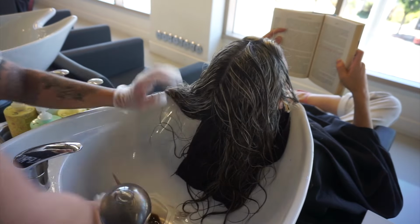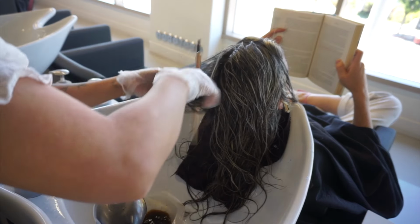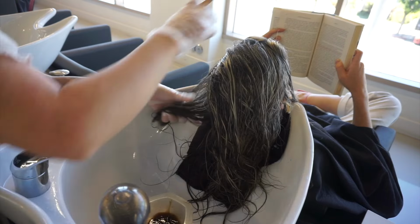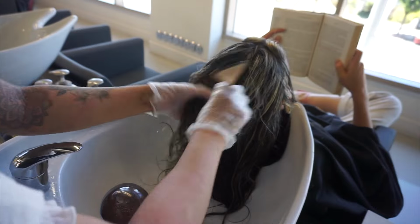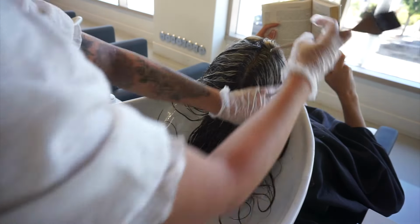So lately for my toners, I like to do the Liquid Demis by Pulpriot, and I generally like to do the 6-1. I feel like the 6-1 gives it a really nice deep gray tone. It's not too ashy or doesn't pull too blue, which I really love and is really important whenever I use any type of ash toners. So I have confidence that it's not going to turn that greenish color that some toners do if it has too much ash. I feel like it's a really good balanced level 6 ash for any type of root